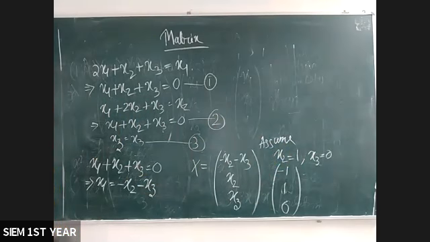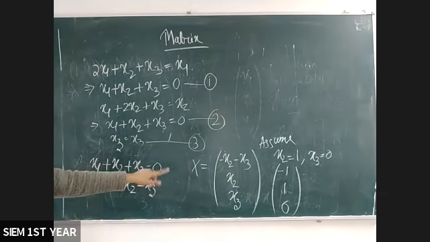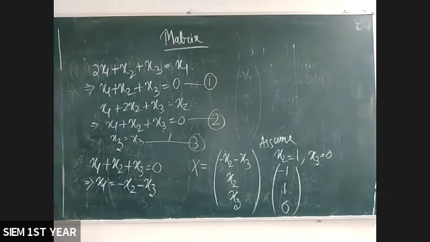Again, similarly, here I consider x1 is equal to minus x2 minus x3. One can also consider x2 is equal to minus x1 minus x3. So it is up to you. Whenever you get a relation, you can find any one of the values from the three, and then just consider this portion. Then you can put any particular value. Clear to all of you? This is the process to find the eigenvector.